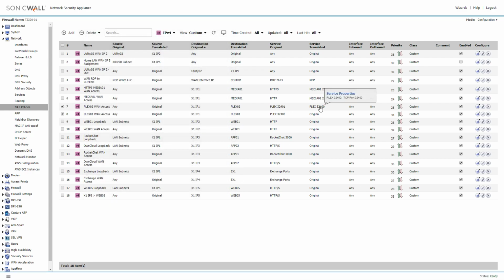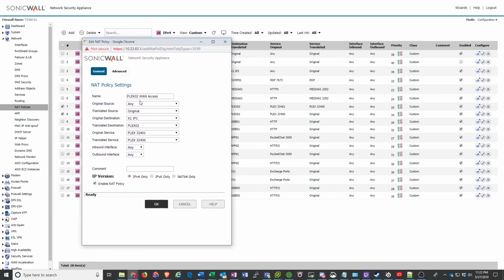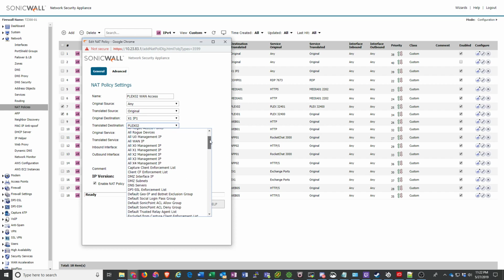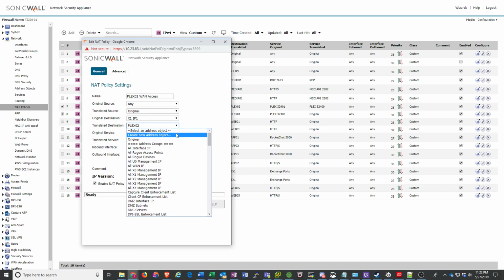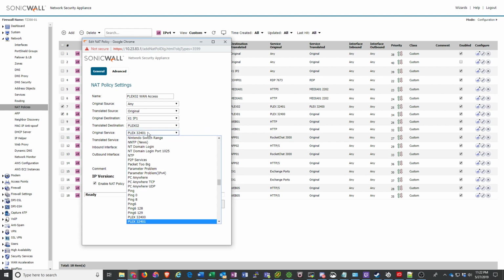For your second Plex server, it's going to be a little different. Give it a new name. Again, original source is any, translated source is original. Original destination would be the WAN IP address you have it assigned to. Translated destination is the new LAN IP for your second Plex server, so make sure to create an address object for that. The original service this time